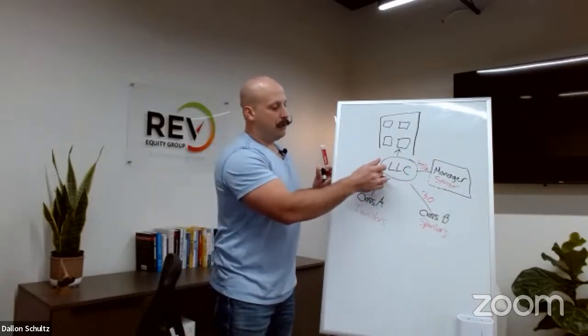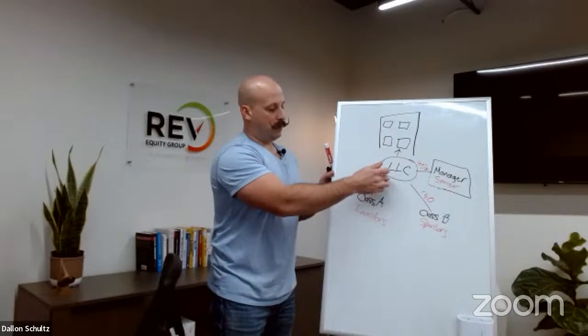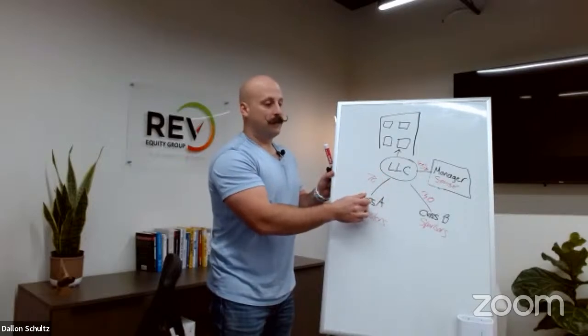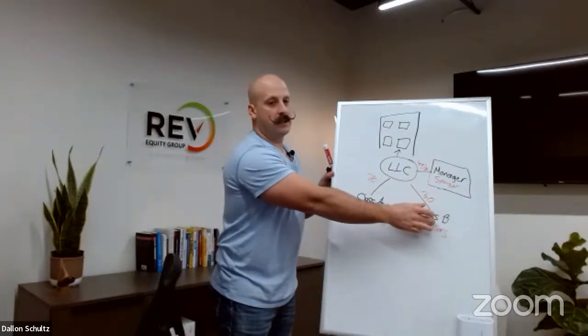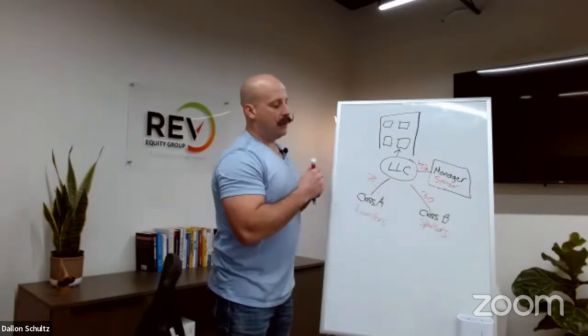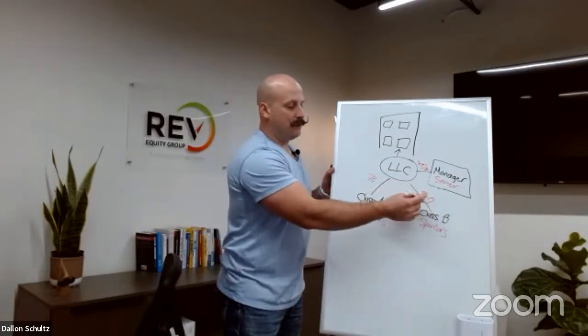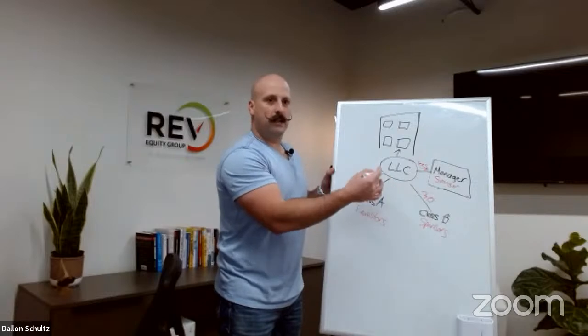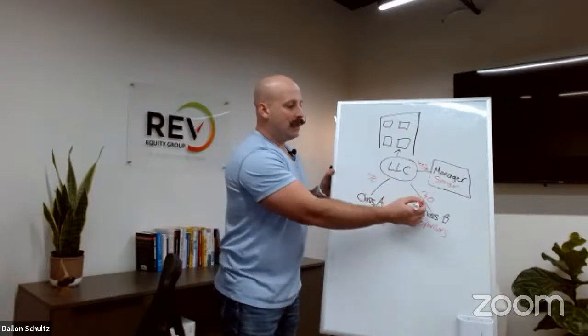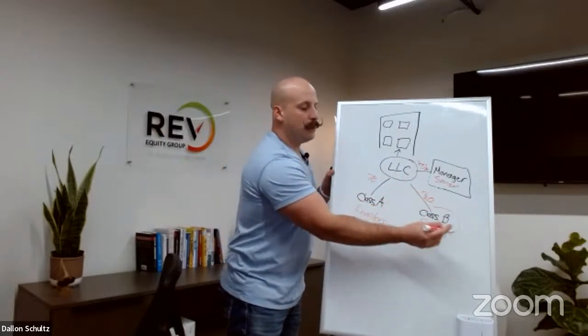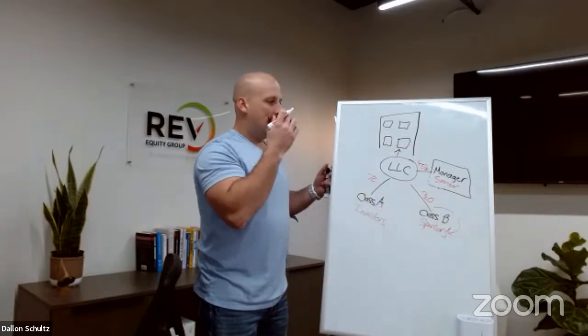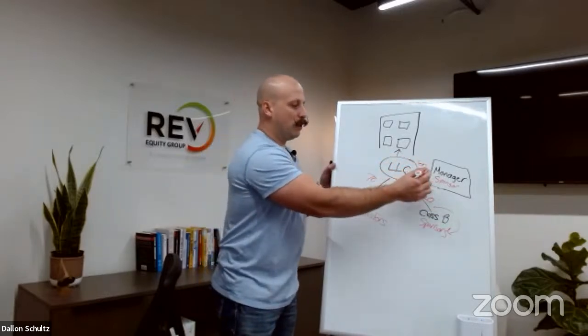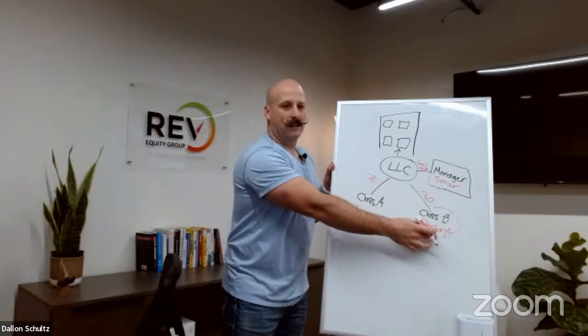What this means is 70% of the profits are going to flow to the investors, 30% is going to flow to the sponsors. And the reason this split is very common, you might see an 80-20, sometimes a 90-10. This split here for the sponsors, some people will look at this and say, hey, you're collecting fees up here. Why are you also getting a split of the upside down here?